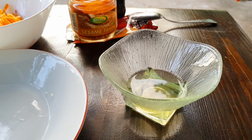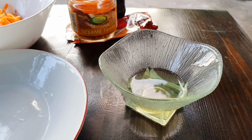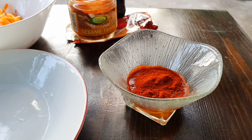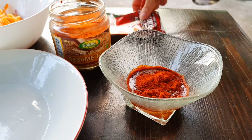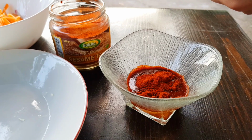Okay, now it's time to make our sauce, which we will add on to the vegetables that we already cut. I forgot to mention that I'm actually using the recipe of a very lovely YouTuber. She has a lot of vegan recipes. Her channel is called Mary's Test Kitchen, and she originally adds on some thickener to the sauce,